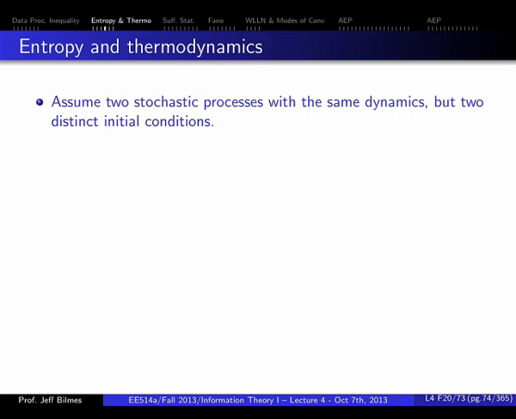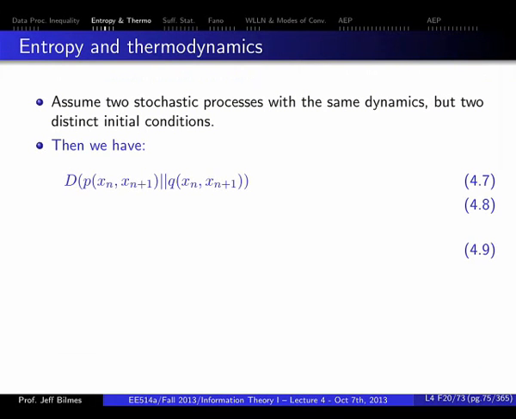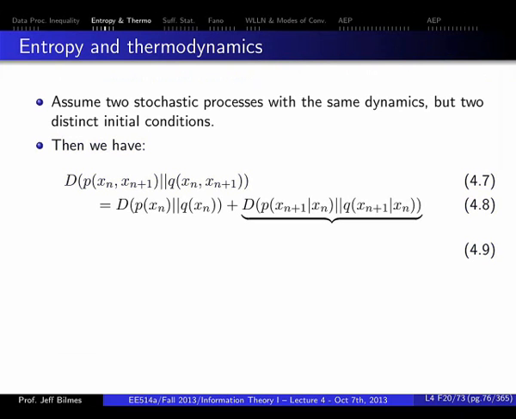So it's the same dynamics. The same dynamics means that this stuff is the same. Well, we're just starting from two initial conditions. So let's then use the chain rule of Kullback-Leibler divergence. Now we're going to start using these tools that we spent time building. And so we start with this thing, which is the Kullback-Leibler divergence between the marginals at time n and the Kullback-Leibler divergence between the two conditionals, which we know is going to be